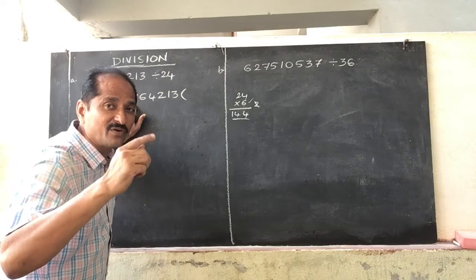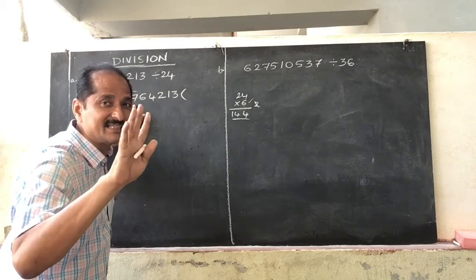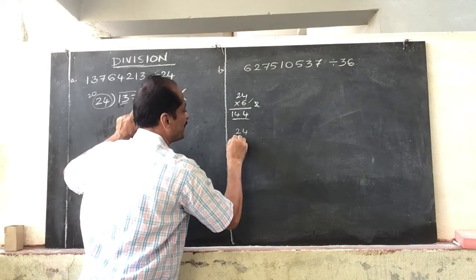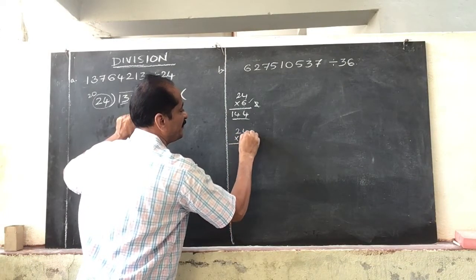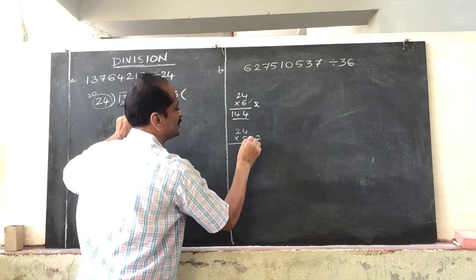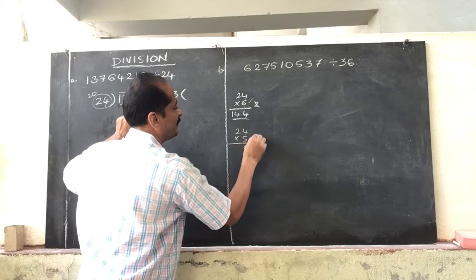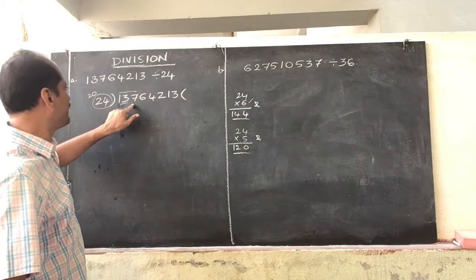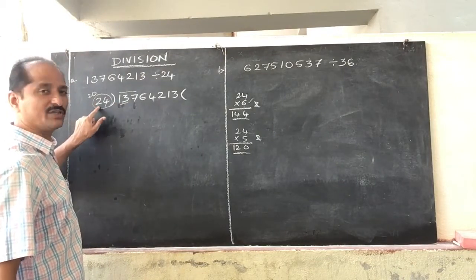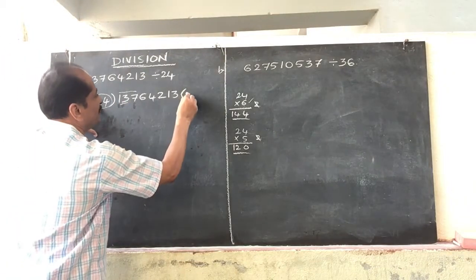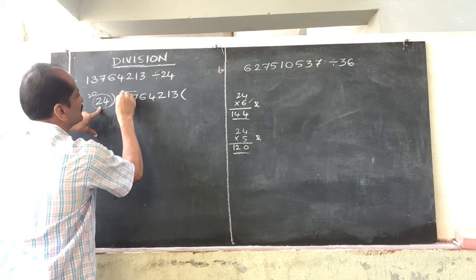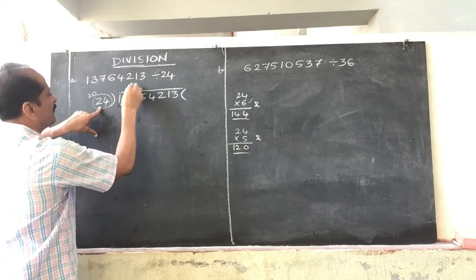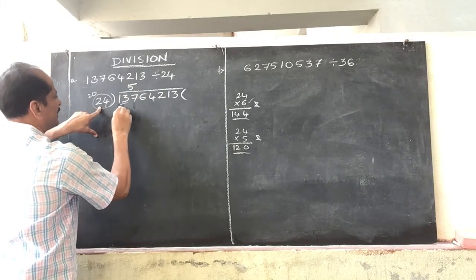It will go 1 less than 6, that is equal to 5 times only. That means we should check 24 for 5 times only. 5 4s are 20, 2 0. 5 2s are 10 plus 2, 12. 120. That means whenever you are dividing 137 with 24, it may be divisible for 5 times. So write down the quotient here. 5 times it is divisible. So 24 5s are 120.